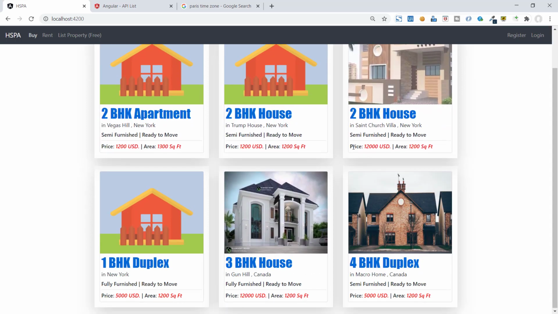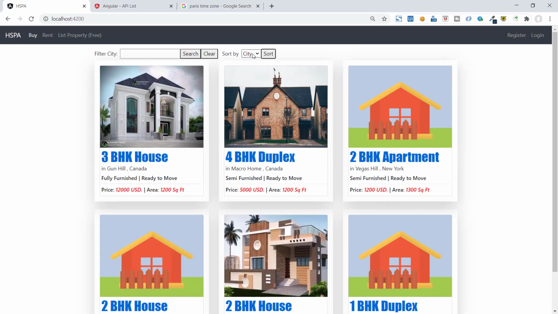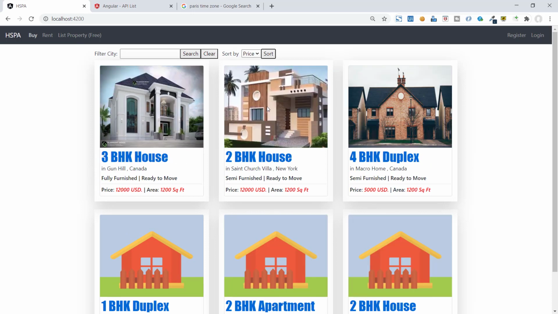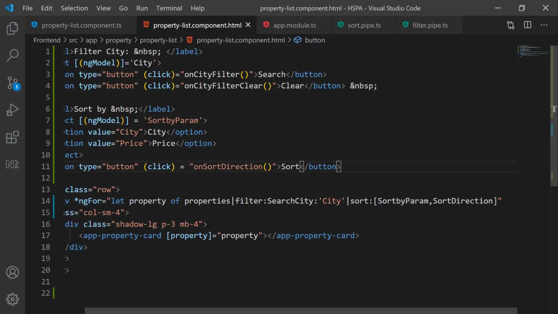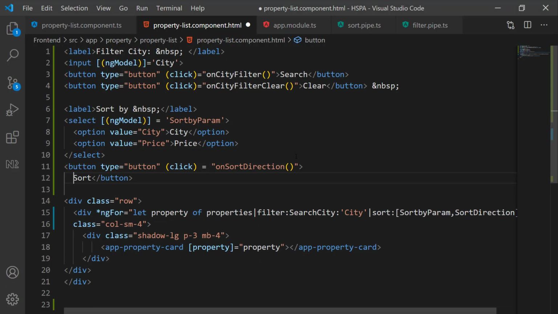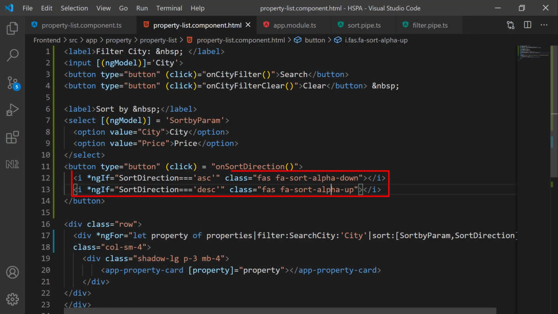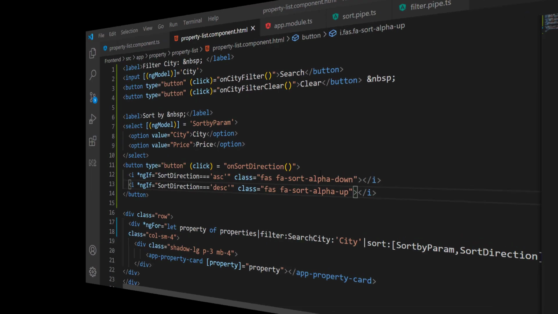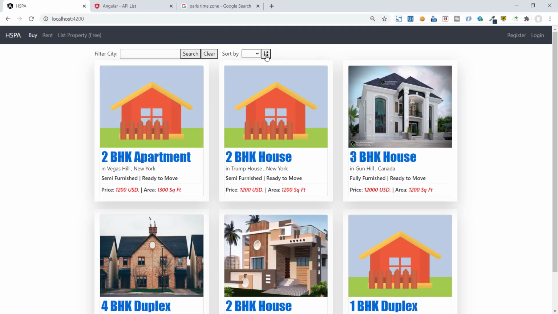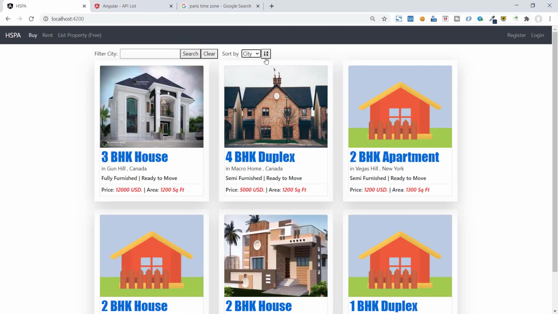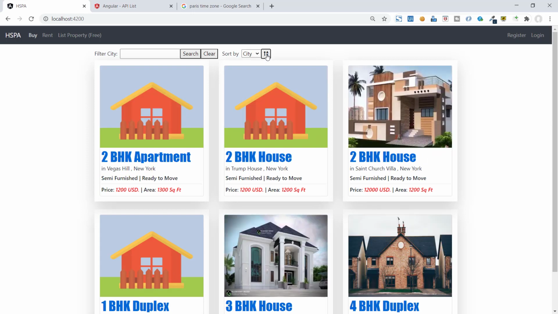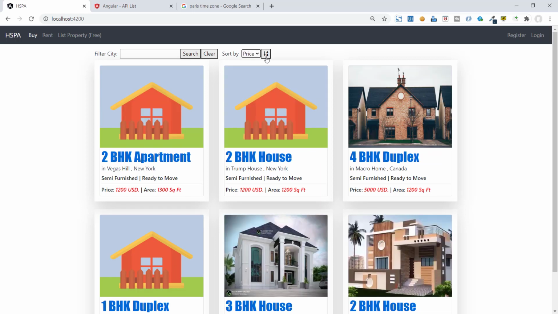So the sort button is perfectly switching the sort direction in ascending and descending order, but there is no visibility on the UI if the current direction is ascending or descending. We can replace this button with Font Awesome icons to display different kinds of icon in case of ascending or descending sort order. So on each toggle this icon gets changed and the user has clear visibility about the current sort order.